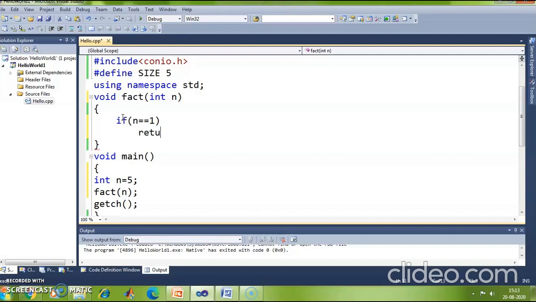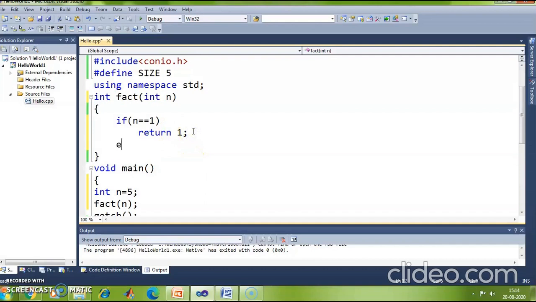So I say return 1. The moment I say return 1, that means this function is returning something. What is it returning? It is returning an integer value. That means this function will have a return type. What should be the return type? The data type of this return value 1 is int. So I say the return type of this fact function is int.